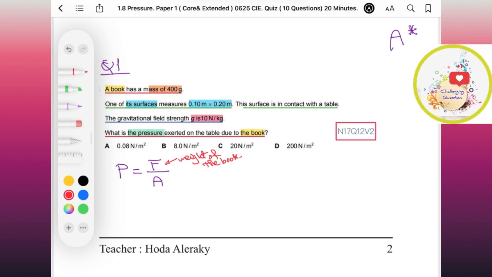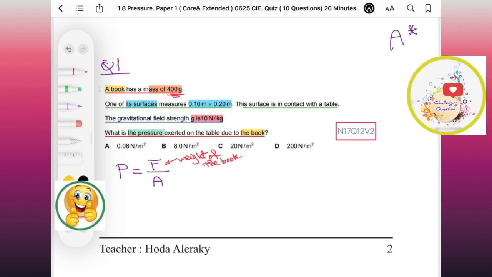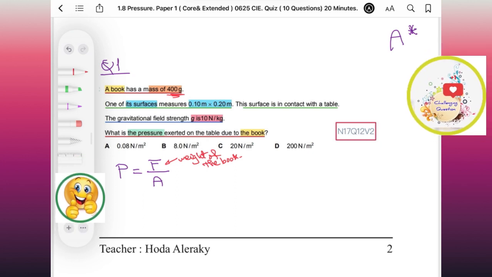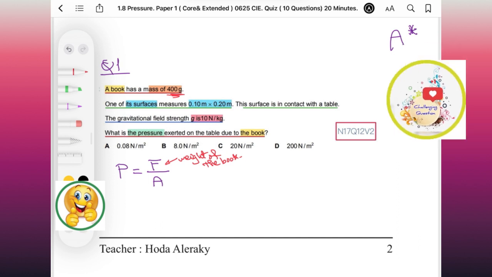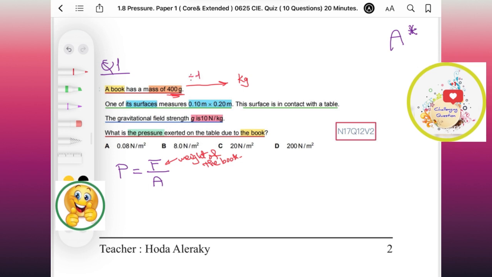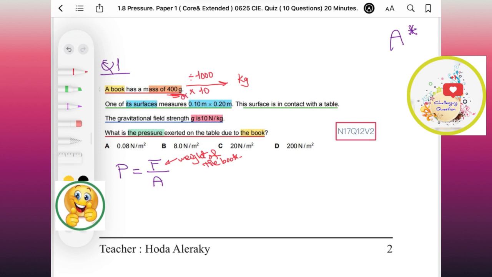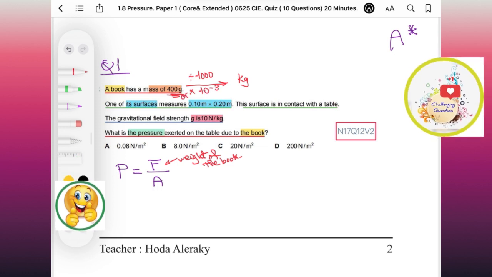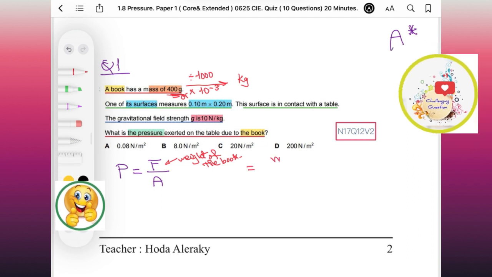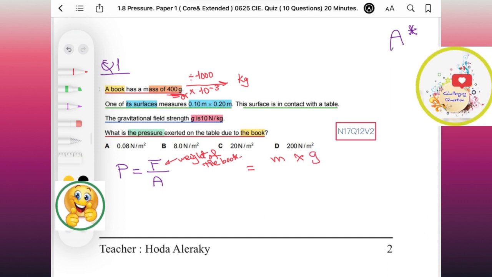Also the mass is given in grams. Usually the first step is to check that units are consistent. The units are not consistent, so you have to convert grams to kilograms. You can divide by 1000 or multiply by 10 to the power of negative 3. How to calculate the weight of the book? Mass times g, gravitational field strength, divided by